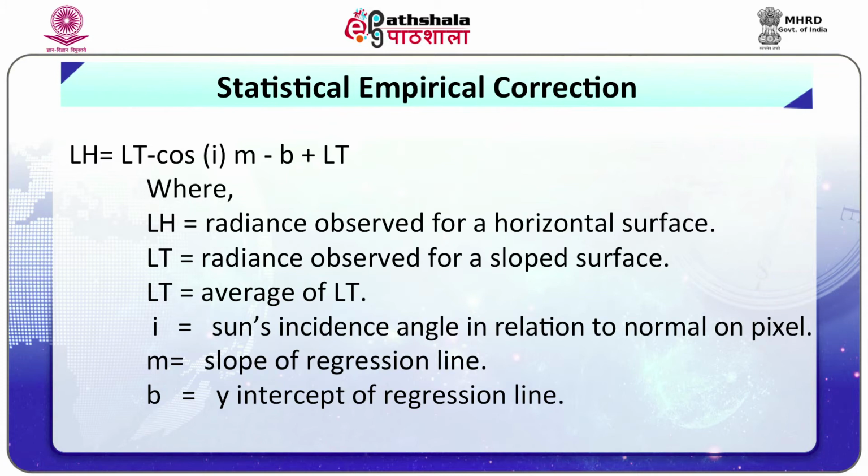Statistical empirical correction. A DEM based topographic correction model is proposed to decrease the divergence caused by solar illumination on the same land cover, but located on different aspects of a mountain, so that the land cover class with the same reflectance in a different solar azimuth shows the same spectral response in optical remote sensing images.